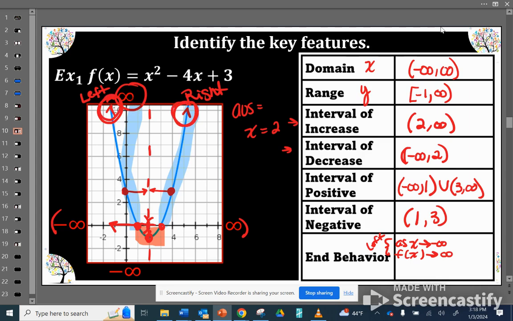Then let's talk about the right end. As our x values approach positive infinity, as they get larger, as they increase, the y values also increase. So this is the right end of the graph. So when we're talking about quadratics, make sure that either both ends are going up toward positive